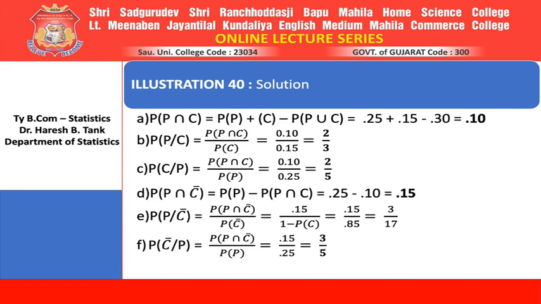Probability of failing in physics but passing in chemistry. It is given that he passed in chemistry. Fine enough. Use the formula. So probability of P intersection C complement divided by probability of C complement. Probability of P intersection C complement, that is what we have found in the previous part itself, which is 0.15, divided by probability of C complement. Probability of C complement is 1 minus probability of C. 1 minus probability of C is 0.15. So 1 minus 0.15 is 0.85. So 15 upon 85 becomes 3 upon 17.